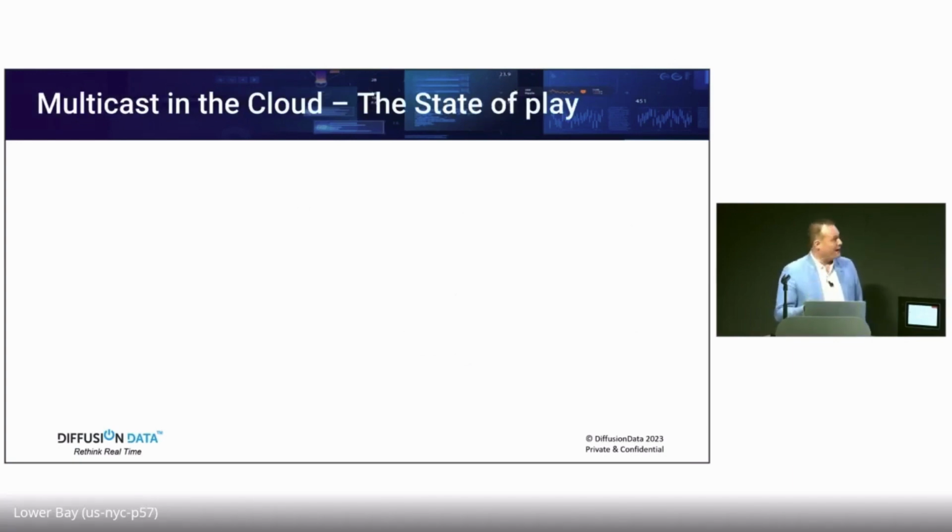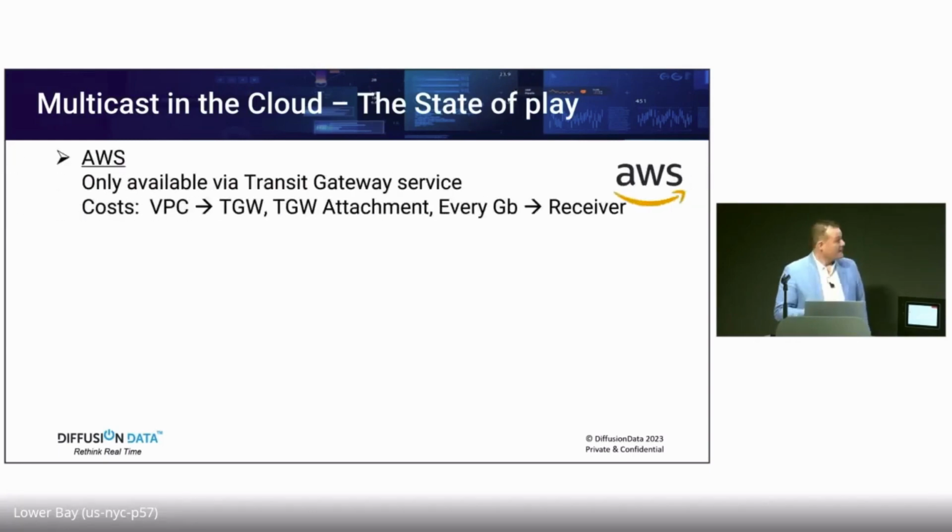So where are we today with support in the cloud? AWS is the only one that provides a component that actually supports multicast, and it's called the Transit Gateway Service. But a little bit about the costs of it is that